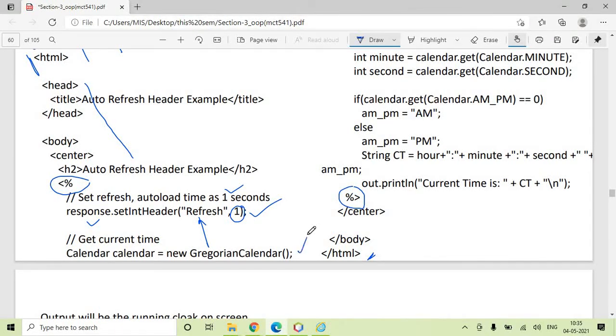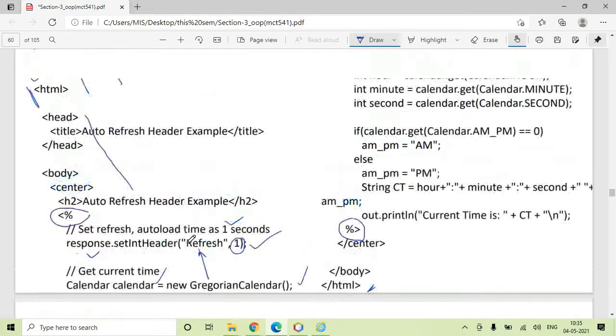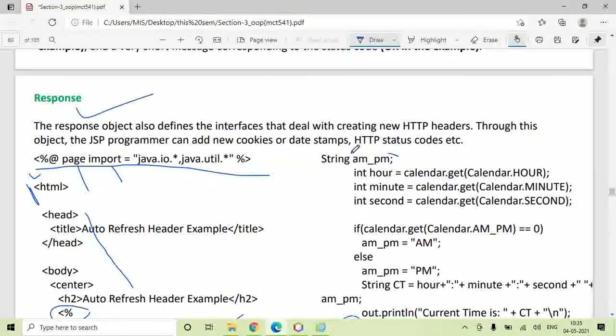This is the class using which you can get the current time in your calendar object. Here we have created one string, AM/PM. With the calendar class, get hour, you have stored it in hour, get minute, stored in minute, get second, stored in second. So from this calendar object you have separated the values of hour, minutes and seconds.